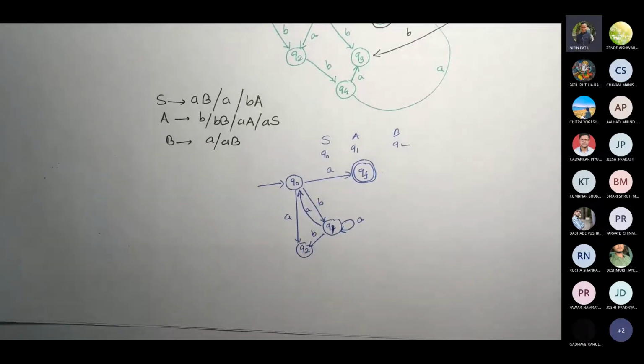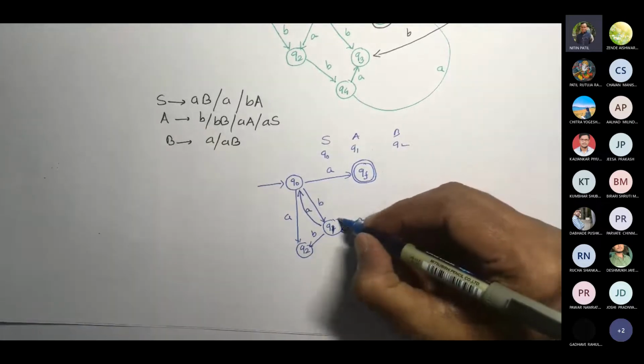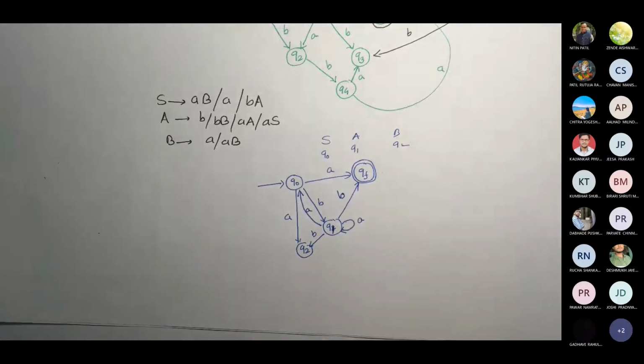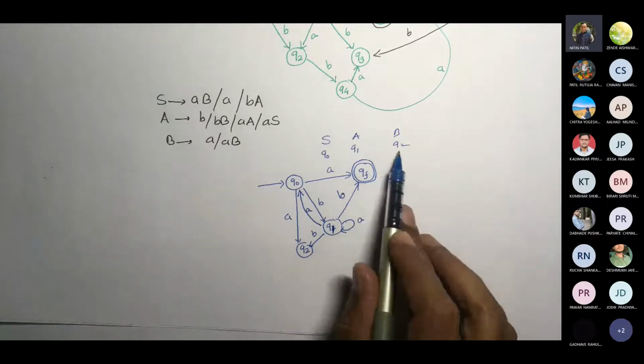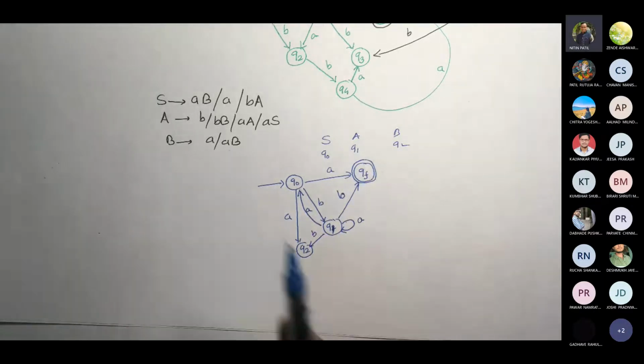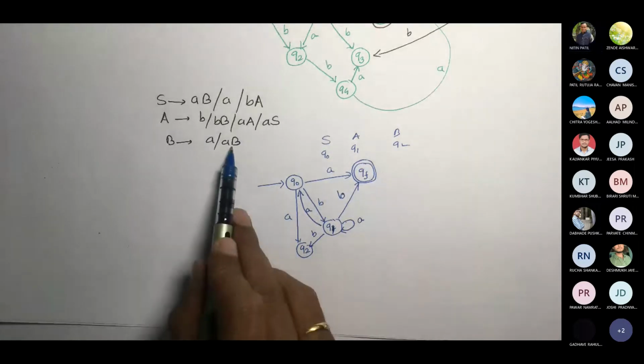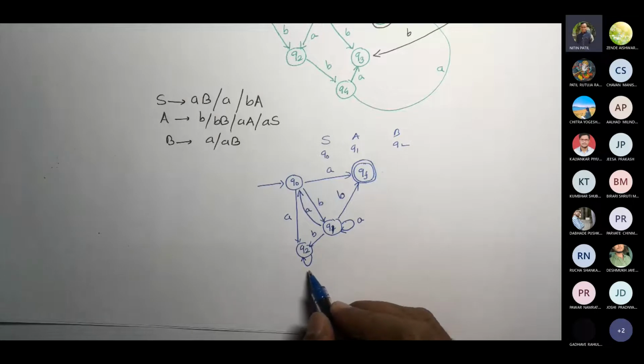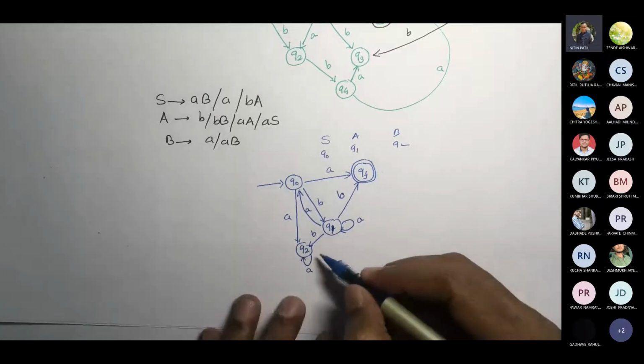Have we got 3 productions? Yes. Now A gives B. Is that okay? Check. Correct. So now B. Q2 gives A and Q2 gives AB. B is what? Same state. So Q2 gives self loop. So this is what? A. Correct. And from Q2 to final.